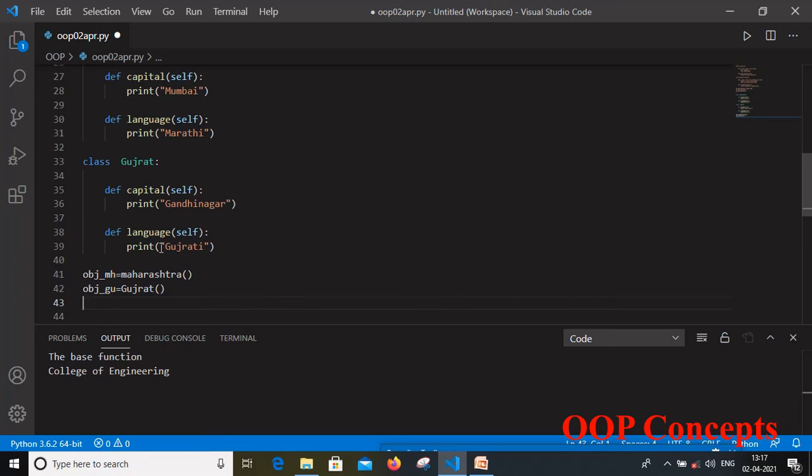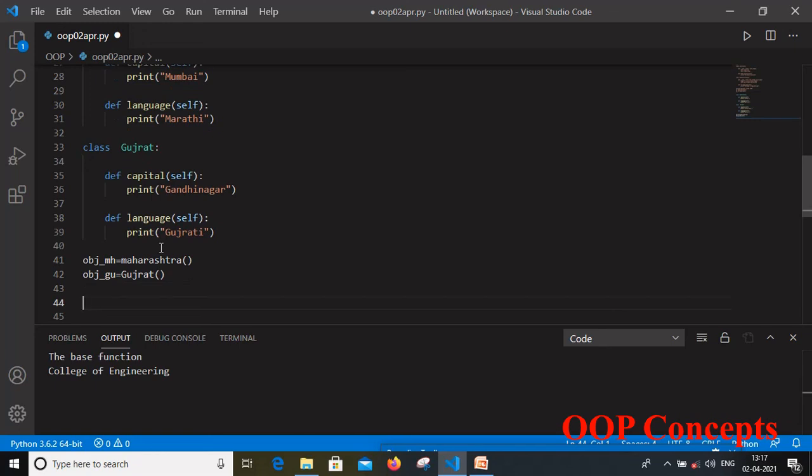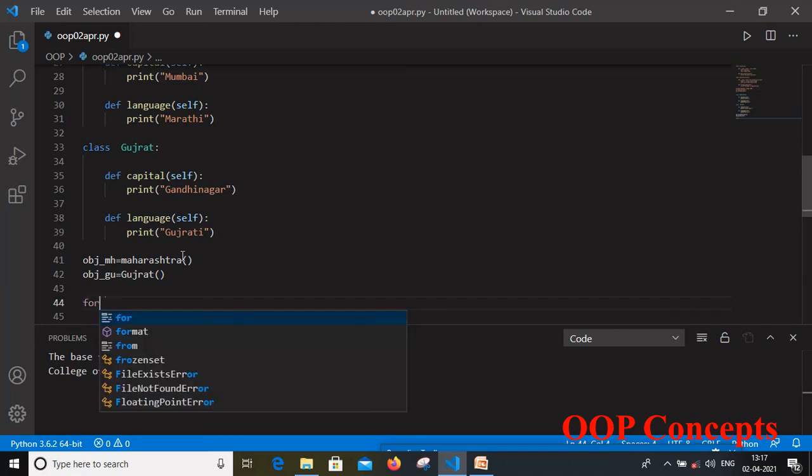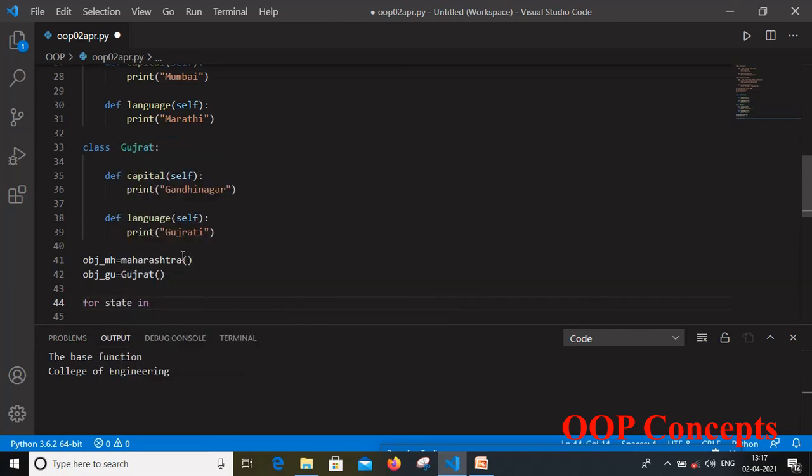Now I can iterate over all the methods one by one from both classes through the objects. So I can use an iterative loop. I have to print all the data which belongs to the methods capital and language from both classes. So I use for state in, and now I have to mention both state objects: object Maharashtra, comma, object Gujarat.